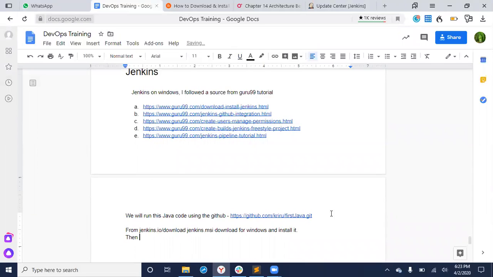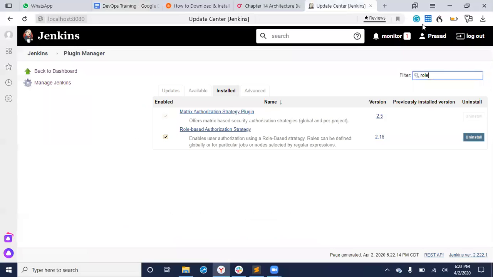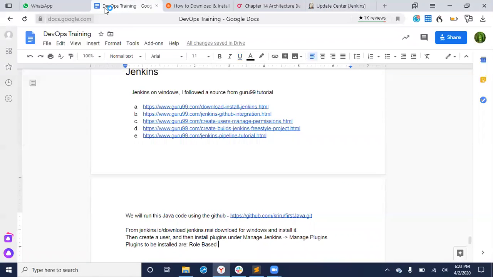Then create a user with some name, and then install plugins under manage Jenkins, manage plugins. Which plugins do you need to install? The plugins to be installed are the role-based authorization strategy.